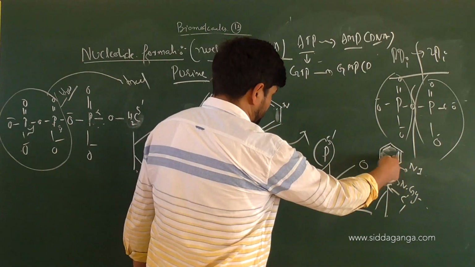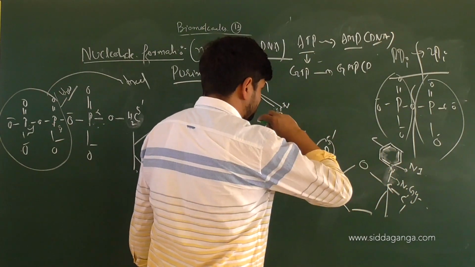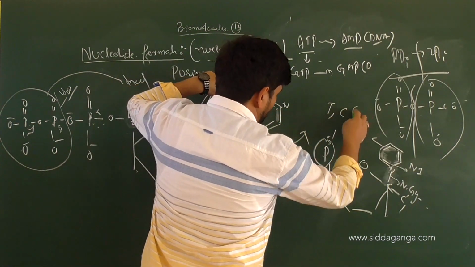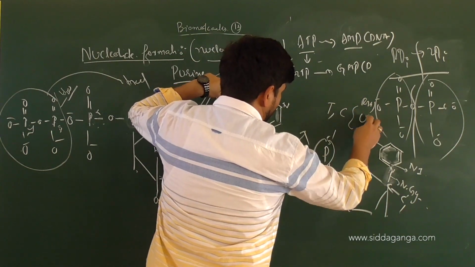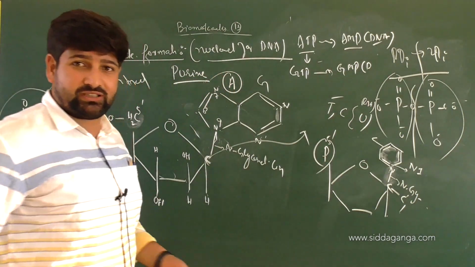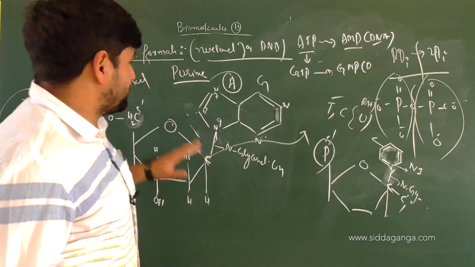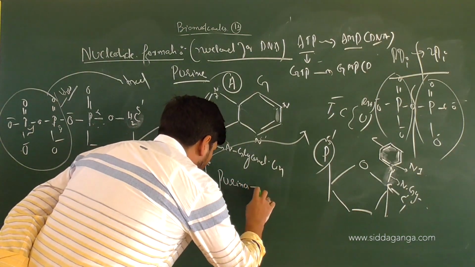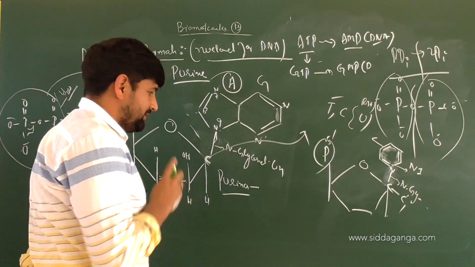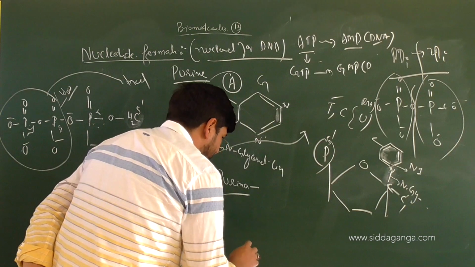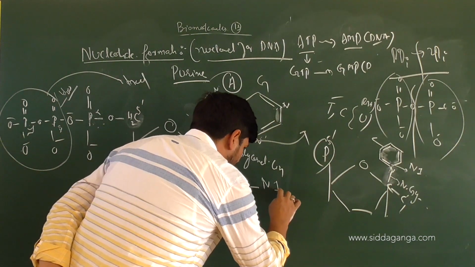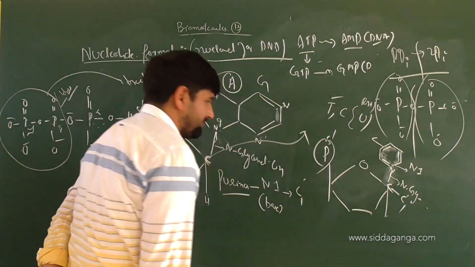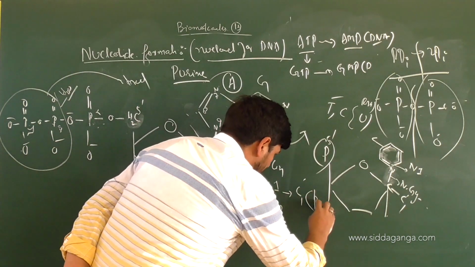So if it is this base now, we have already taken adenine and guanine, then you can have thymine, you can have cytosine, or if it is RNA, it can be uracil instead of what? Thymine. That's the basic thing. Did you understand or not? So the general thing to say, children, is that in purine, what is the N-glycosidic linkage? In purine, the N-glycosidic linkage is between N1 of base with C prime 1 of pentose.